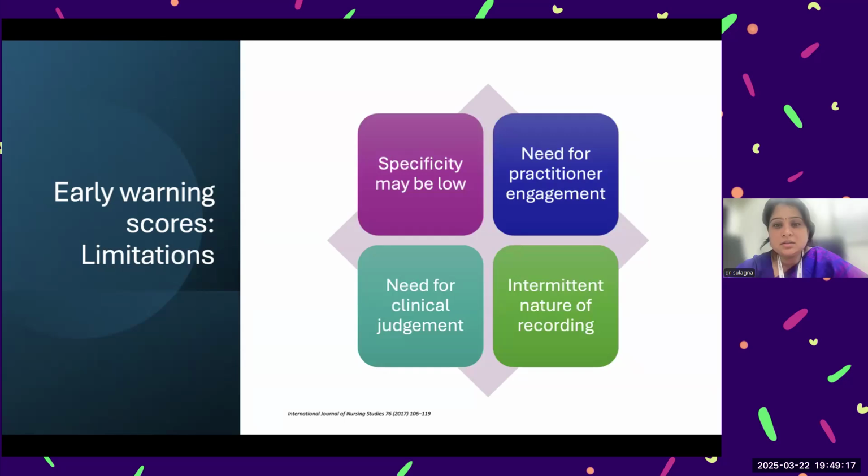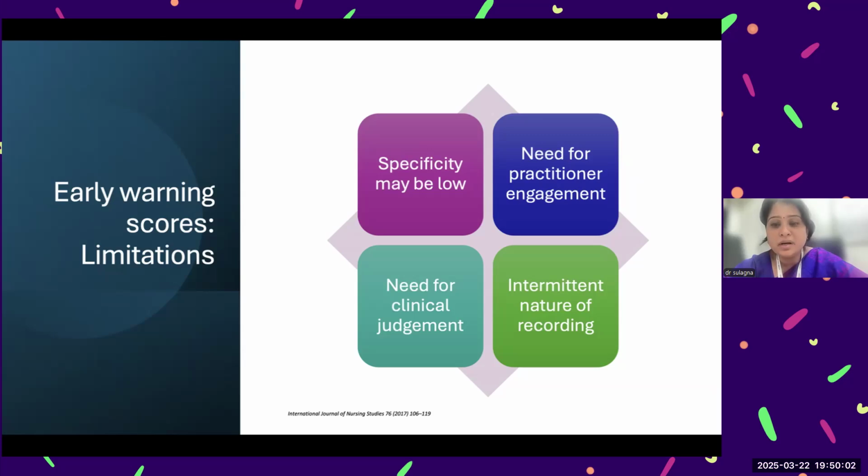So what are the limitations? These early warning scores may have a low specificity depending on the patient population and the geographical location. They need a lot of practitioner engagement, because it has been seen from surveillance data that even after implementation for a long time, in many patients in situations like the wards or emergencies, there is a lot of missing data, and the need for clinical judgment is also another cause of concern, because